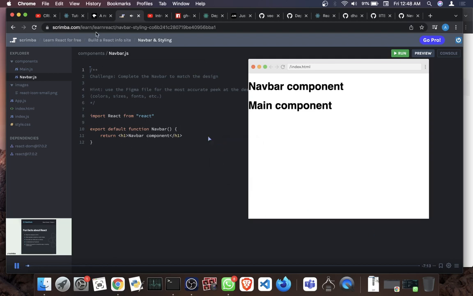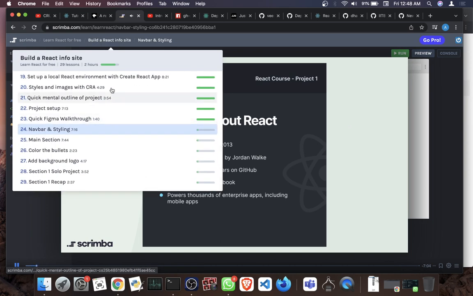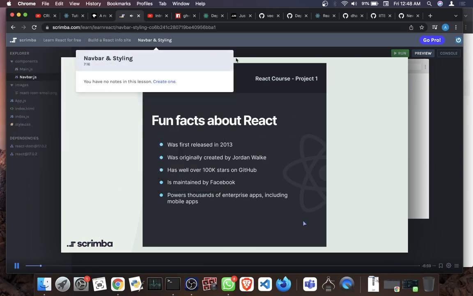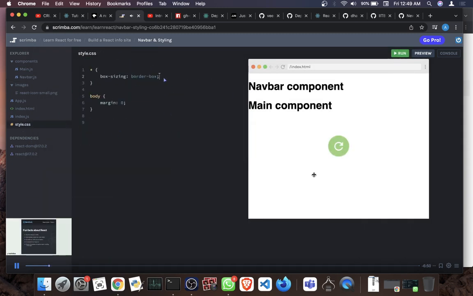Okay, this is the fun part. We're actually going to make our navigation bar look the way that it looks in the design. A couple pieces of advice. I highly recommend you reference the Figma file that contains all of the fonts, colors, spacing, and everything instead of just looking at this quick reference that I put here, but this is meant to be just a quick reference for you if you need it. Another thing is I have added a couple of base styles to our styles.css. I ran into some problems trying to record this without putting my box sizing, and just because it helps a lot, I'm going to remove the margin on the body, especially to make our navigation bar go all the way